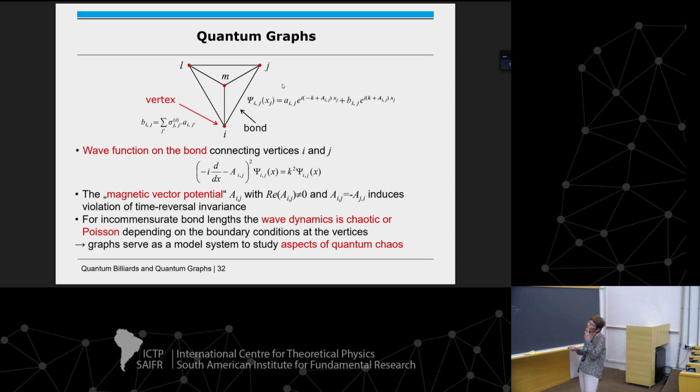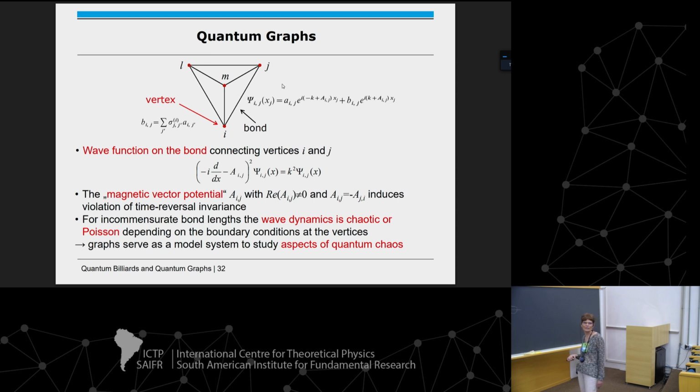And the effect comes from the interference at these vertices. There you will have phase relations which are either destructive or constructive, and when you choose the lengths incommensurate to each other, then the phases of wave functions entering here will differ, so there won't be just a multiple of the other waves' phases, and then you can produce wave chaos. Therefore, graphs are also used as a model system to study aspects of quantum chaos. And they can also be